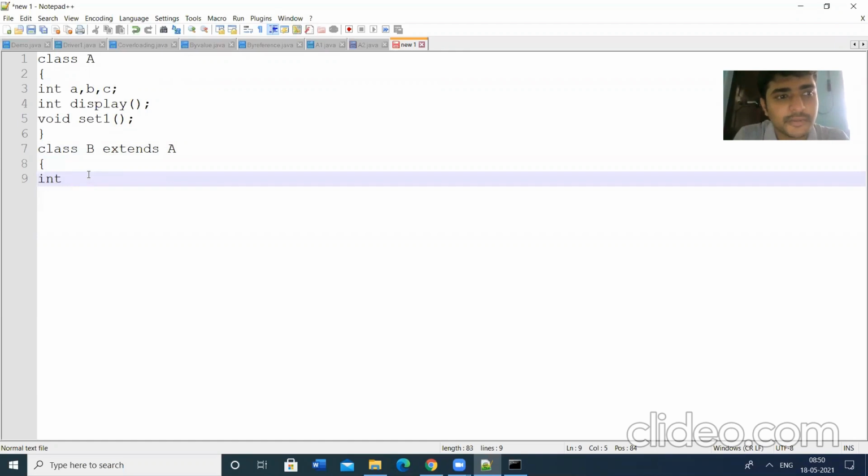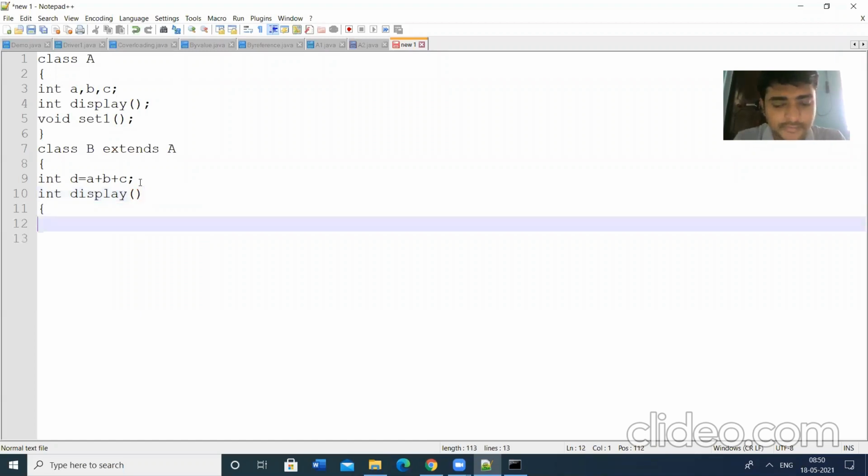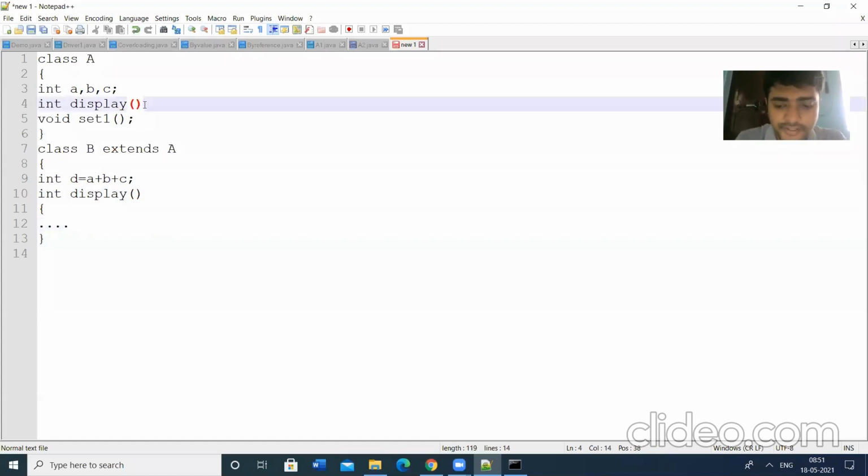Here I can use the variable int D is equal to A plus B plus C. I can simply reuse the variables A, B, C, as well as we can reuse the display method. Here I am defining the method also.